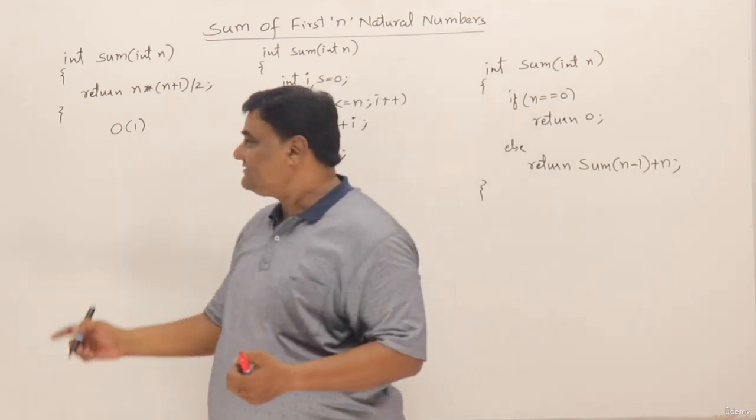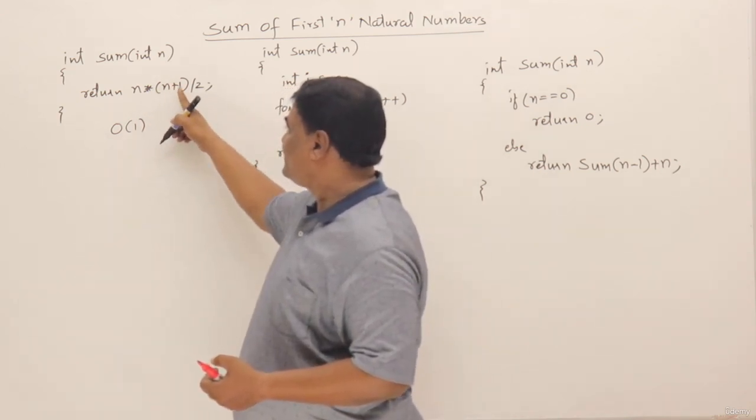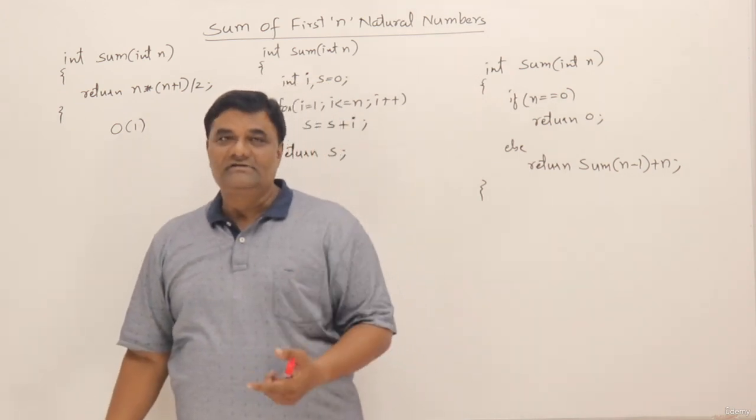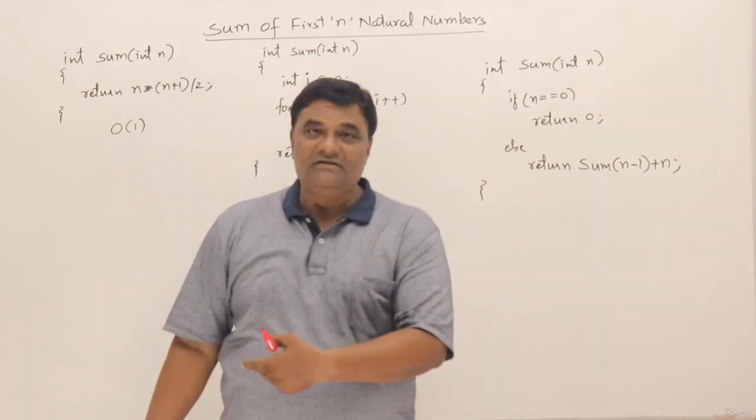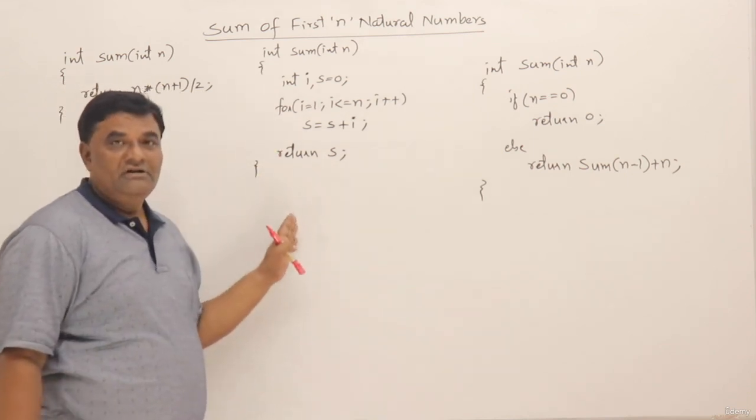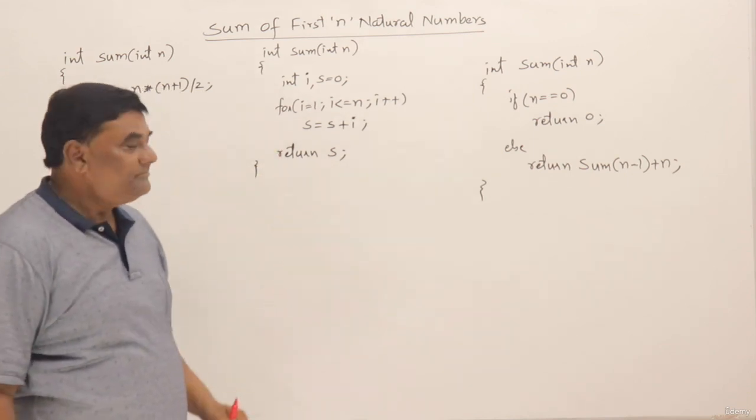Few number of operations, like 1 operation, 2 operations and 3 operations. So in total it may be performing 3 operations, that is constant. So this is the fastest method. This is using the formula. Now here I have a function for finding the sum of first n natural numbers using